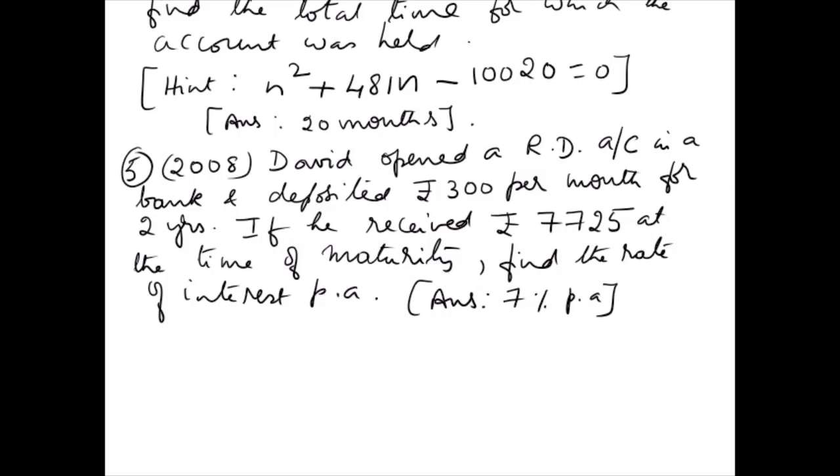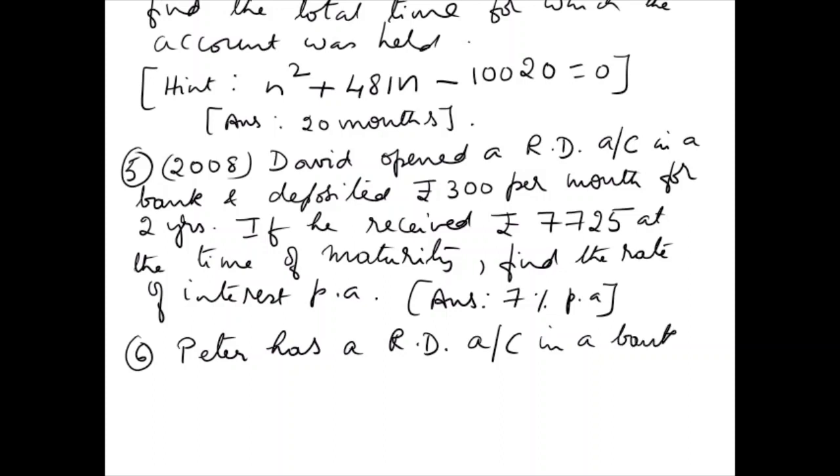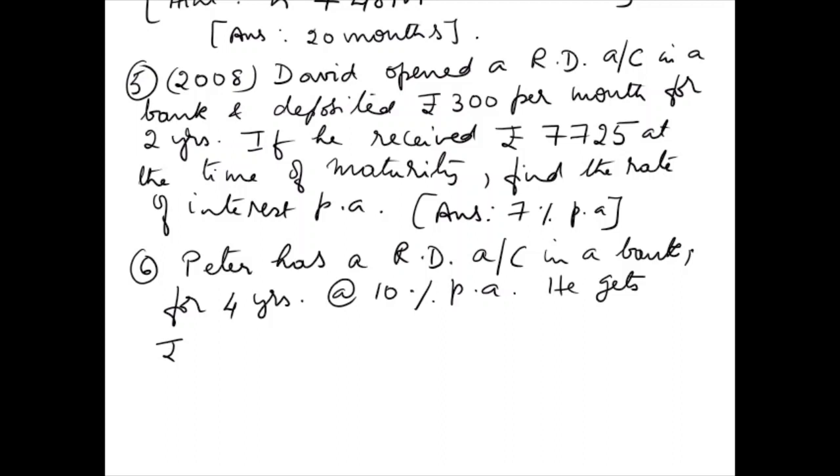Then I'll give you one more question for you to practice, where you will be asked to find the monthly installment. Okay, I got it. Peter has a recurring deposit account in a bank for 4 years at the rate of 10% per annum. He gets rupees